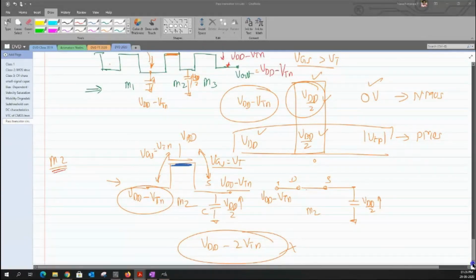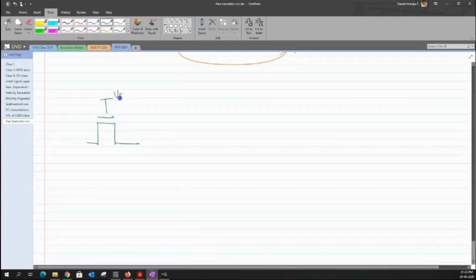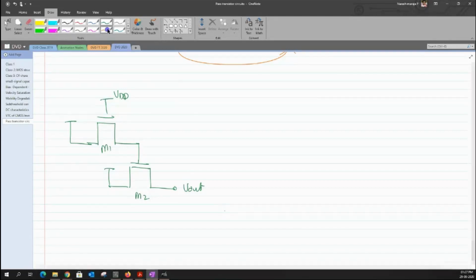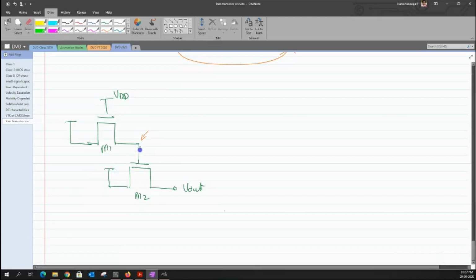And now let me try to give one more circuitry. And here is my V out, and let me mark this one as M1 and this one as M2. So I have something like this. Now what would be the output voltage? I think this answer you might already be knowing. VDD minus VTN. I meant the V out. Yeah, V out will come. I'm just talking about this terminal's output voltage, M1's output voltage. So we have applied a supply of VDD minus VTN to the M2 gate terminal.